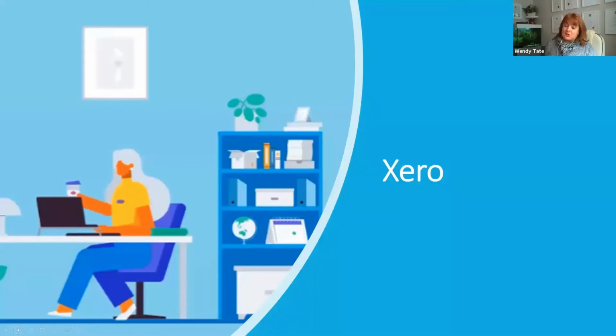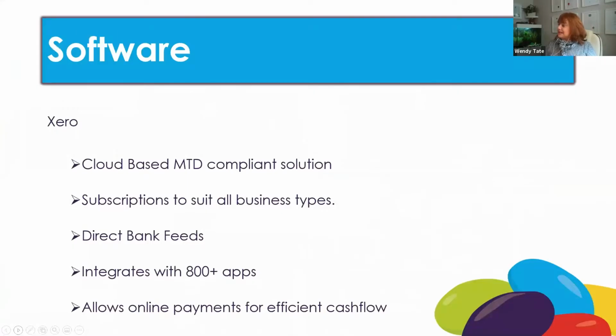I couldn't talk about MTD without talking about Xero. Obviously, it's my passion. It's cloud-based. It's already MTD compliant. There are subscriptions to suit all business types with direct bank feeds. It also integrates with over 800 applications, which enables you to have a really bespoke software by integrating other things